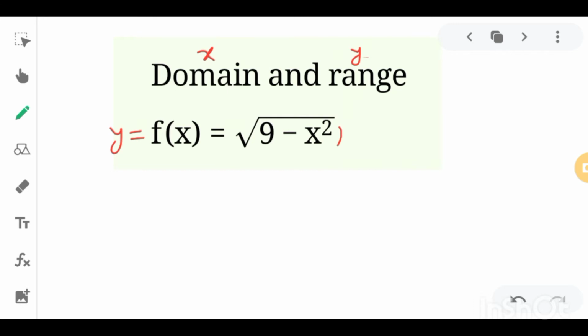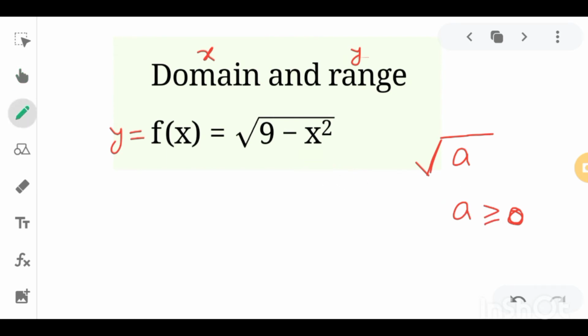Here we will use the property of a square root. Whenever there is a square root, whatever is inside the square root, suppose the square root of a, then a will be greater than or equal to 0. These few properties of mathematics you should know, then only you will be able to solve. Any number inside the square root will be either positive or 0. Positive means greater than 0 and 0 means equal to 0. So a will be greater than or equal to 0.